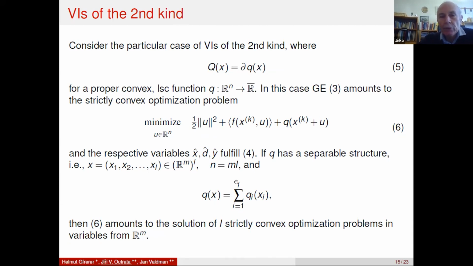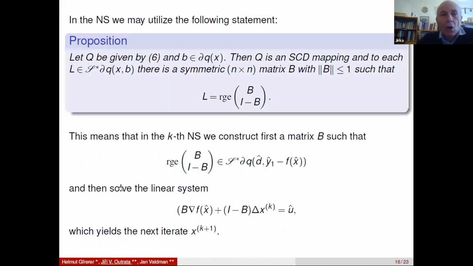But if this Q has such a separable structure, then this optimization problem actually amounts to L much simpler problems, low-dimensional ones, which can be solved in most situations either by a formula or via a very simple numerical treatment. Okay, and concerning the Newton step in this case,